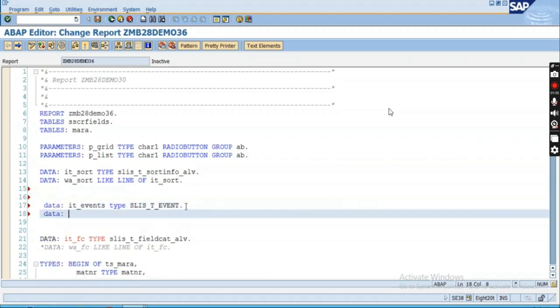One work area I require, right? WA_EVENT like line of